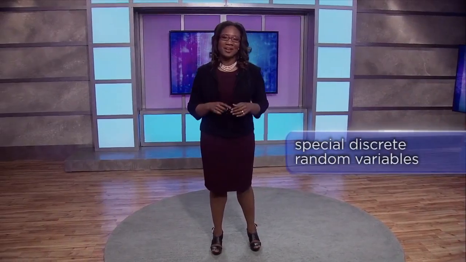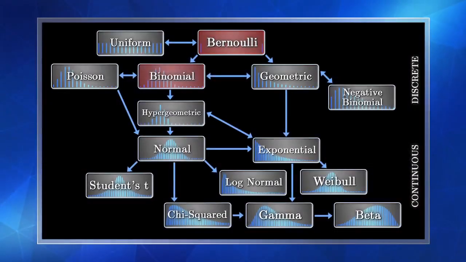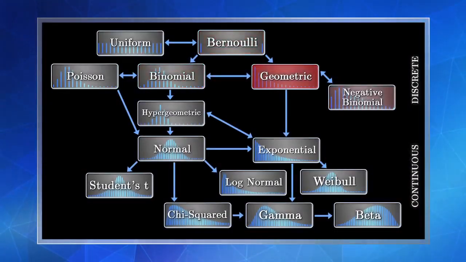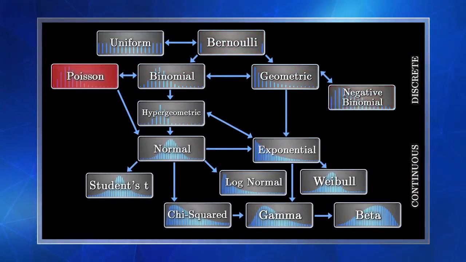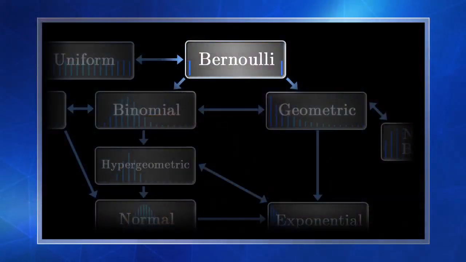Now, there are certain classes of random variables that show up commonly in natural processes. We call these special discrete random variables, like the Bernoulli, the binomial, the geometric, the negative binomial, and the Poisson, among others. Suppose we've got an experiment where we have only 2 outcomes, something like maybe a success or failure,